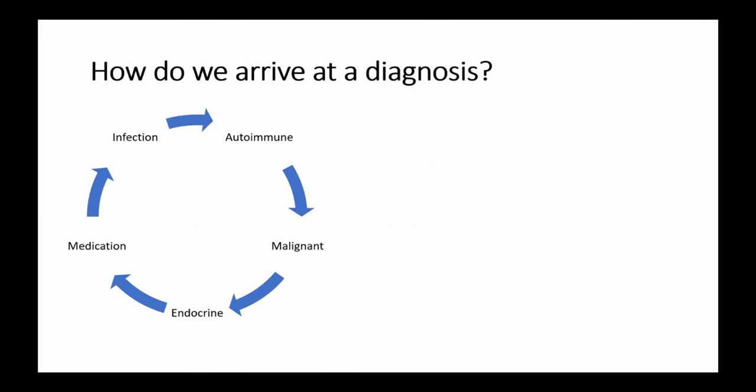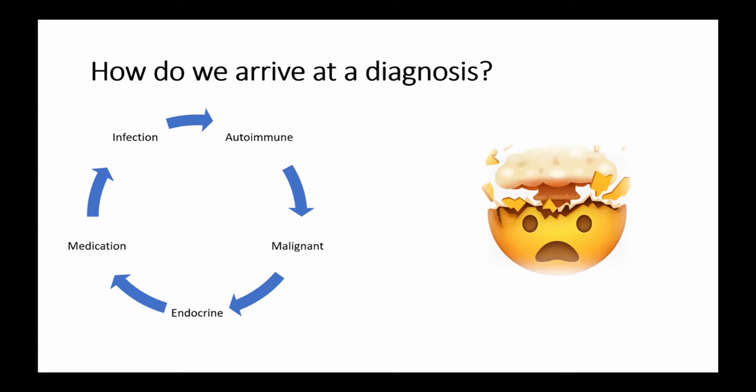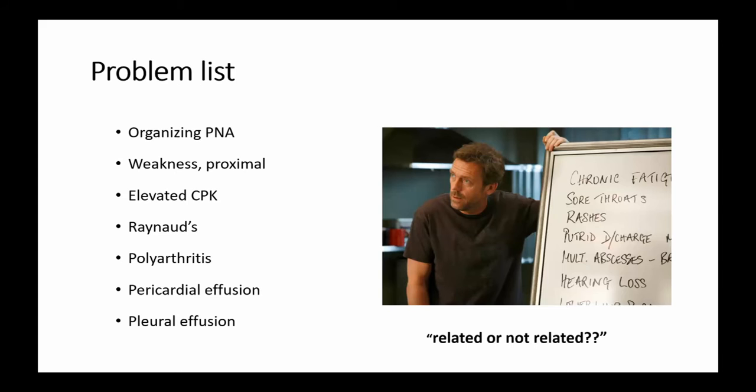So how do we arrive at a diagnosis? We've heard many conditions that sound infectious, some that sound autoimmune, some that sound malignant. So how do you get out of this spiral and actually come to a diagnosis? This is a branch point within this case. My suggestion is to start with some objective findings. Start with findings that we had in our H&P, create a problem list, and from that problem list, work through the differential on each. So this is my problem list.